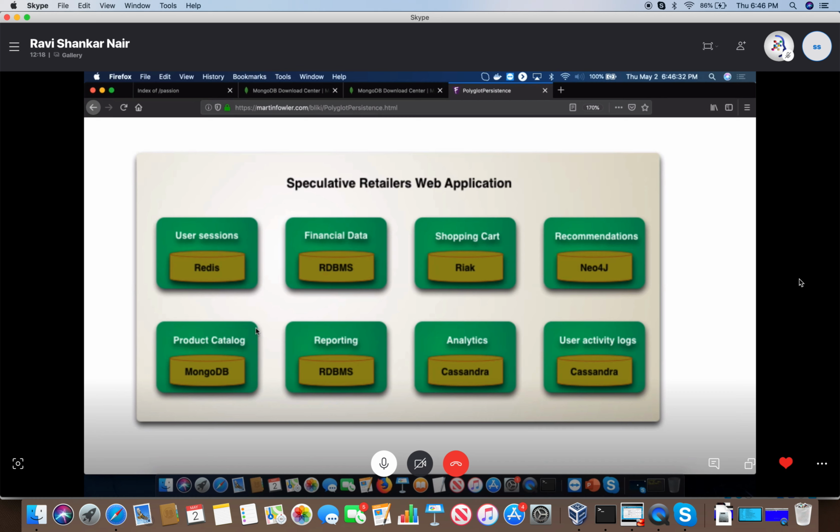So they said, let us use OLTP only for transaction processing, but let us come up with a new technology where I am going to store all my data into a single place, and I will use that single repository for my reporting and analytics, and they coined the term called